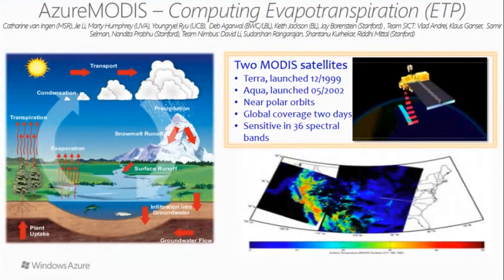This is something called Modus Azure. We did some very compute-intensive work using the HPC server in the cloud to process Modus satellite data. That essentially, if you were to do that on a desktop, would take, I remember, 30 years or even more. So we were able to do that in the cloud by scaling out to hundreds of nodes, and obviously that didn't take a long time. It took maybe a month or so for the computation to complete rather than 30 years.